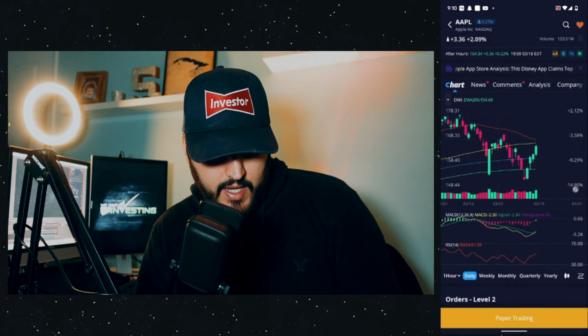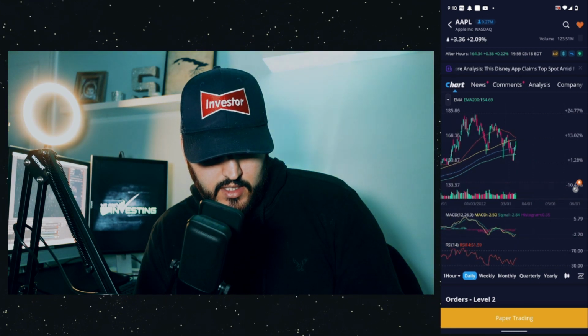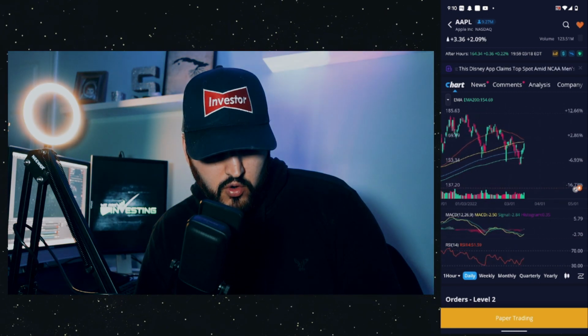I want to take a look at the MACD. When we take a look at the MACD, you can see that we're still below on the MACD, but we just crossed over. So the stock could continue to run a little bit more. It's not overbought. It wouldn't be overbought until it hits 70, and it's not oversold unless it gets under 30